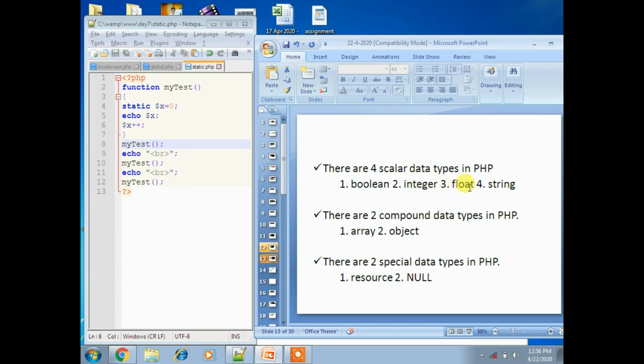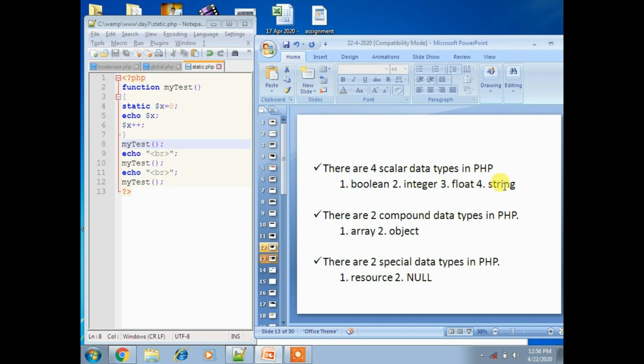Coming to float, a floating point number is a number with a decimal point or a number in exponential form. I'll take one example, like salary. If I want to display the exact salary, then you can have decimal values, right? At that time you'll get a float. For example, I have taken 4.2, 10.2, 20,000.5. Like that, you'll get float values.